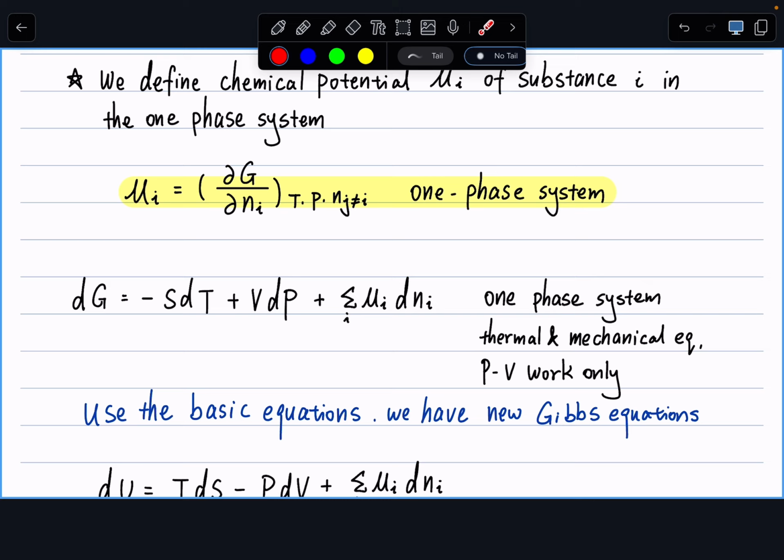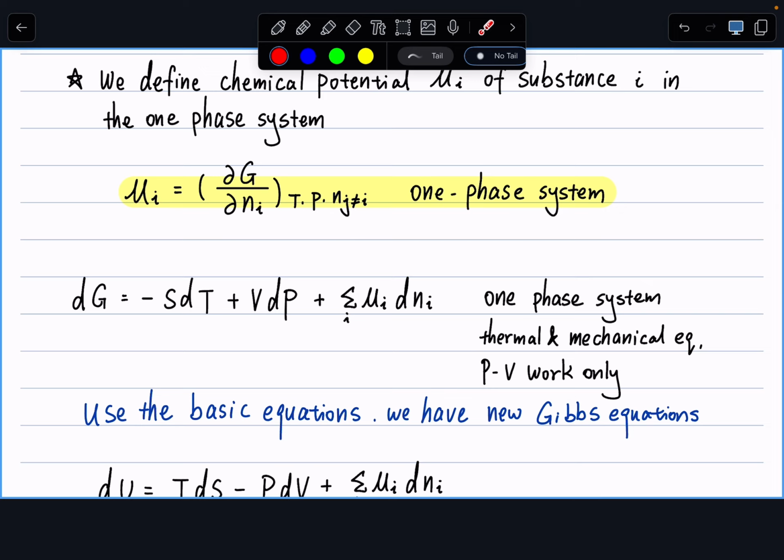We started from the fundamental Gibbs equation. We then removed the idea of not having material equilibrium, so my G is a function of not only temperature and pressure, but also the number of moles of all my chemical species. And then, only by writing out the total differential, we got this sum, which must be something of interest to us. So we define our chemical potential to be the partial differential of Gibbs free energy over the change in the number of moles of substance i, and this whole term is called the chemical potential.